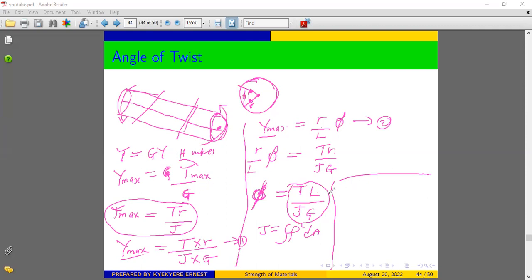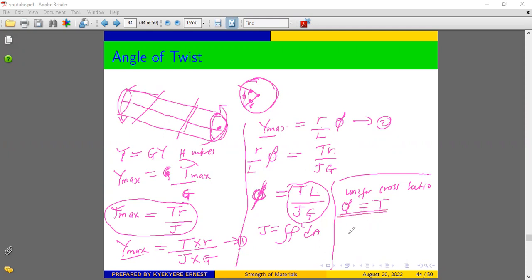So from here, we can say that this formula can only be used for a bar of uniform cross section. From here, we also know that the angle of twist is related to the torque. It therefore means that